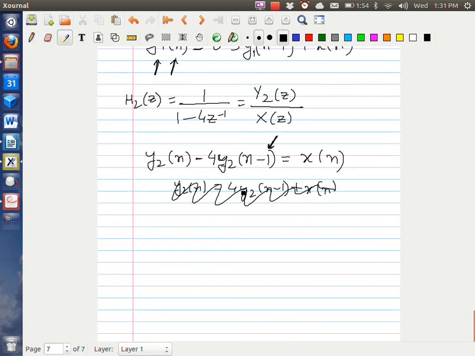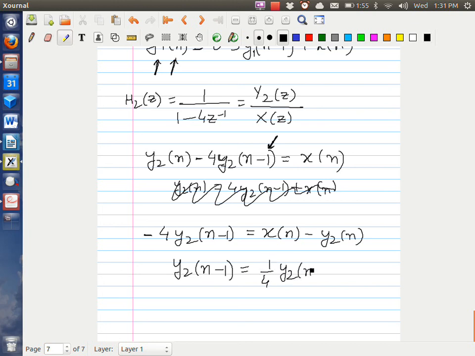So I'm going to keep this on one side, and let's say minus 4 y2 of n minus 1 is x of n minus y2 of n, which gives me y2 of n minus 1 is 1/4 y2 of n minus 1/4 x of n. And finally, a proper difference equation is expressing y of n minus 1 in terms of y of n, so it is anti-causal as it is, but you have to express